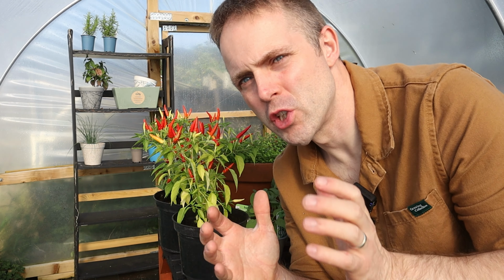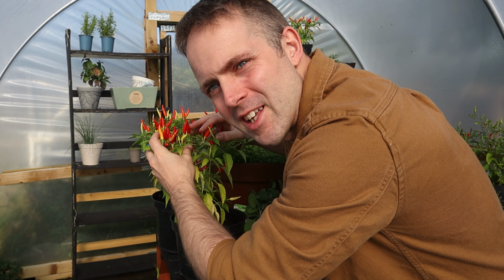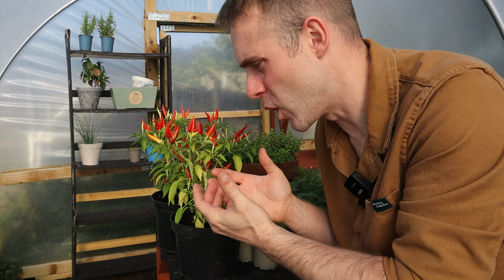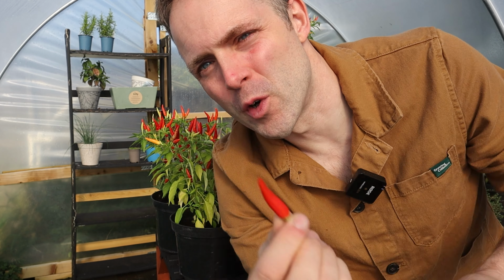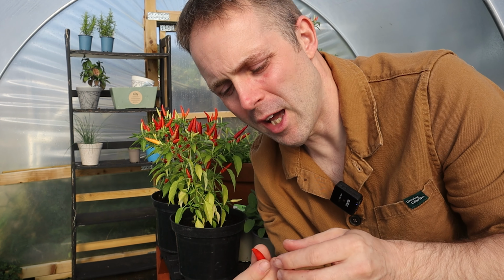Another really important job in the October herb garden or allotment is picking chilies. And you can see here I've got a selection of different chilies, a variety called Basket of Fire, but also Demon Red that's just there. And I'm going to spend a lot of the next few weeks actually picking these delicious fruits. I'm going to be making chili jam. This might get me in trouble with my wife, but I absolutely love